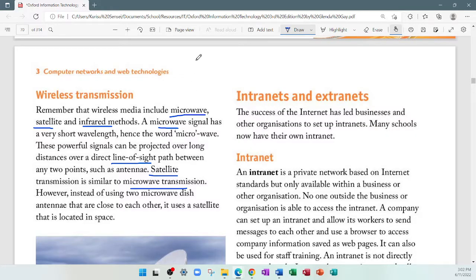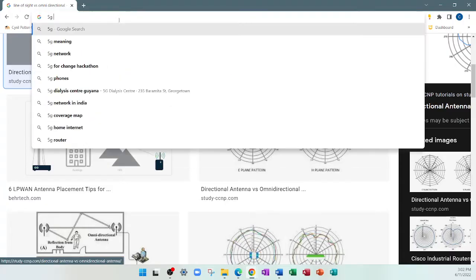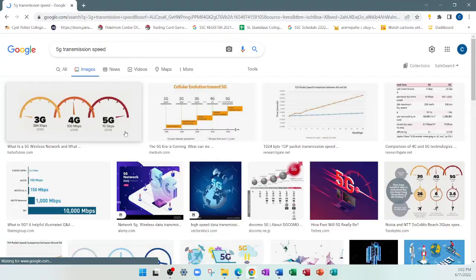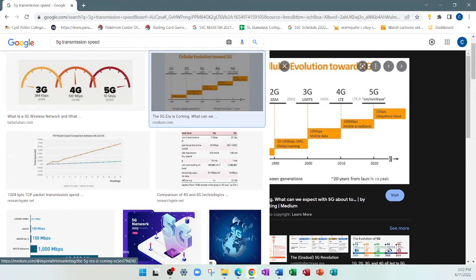As you know, we have 5G today, and that gives us much faster rates than even some DSL connections. If you were to search for 5G transmission speed,